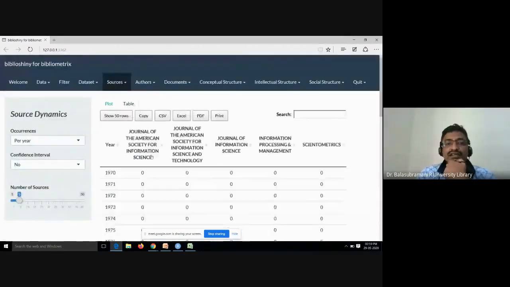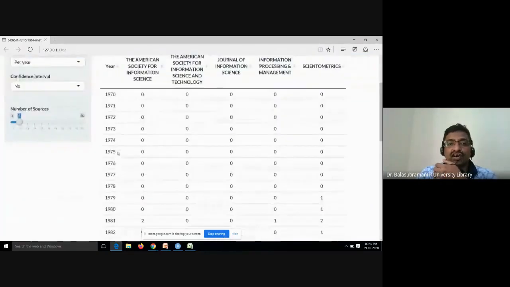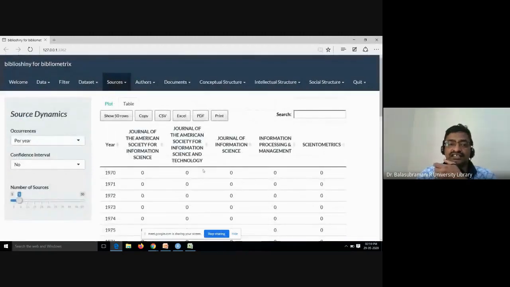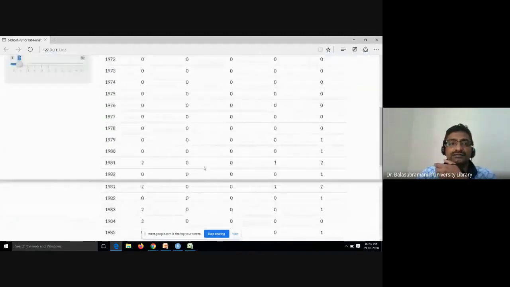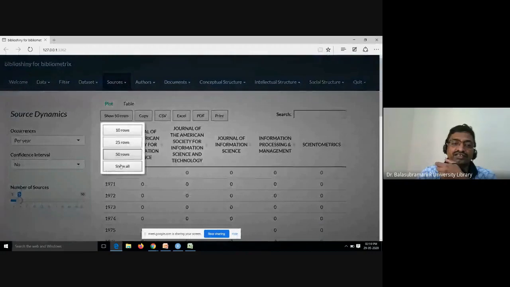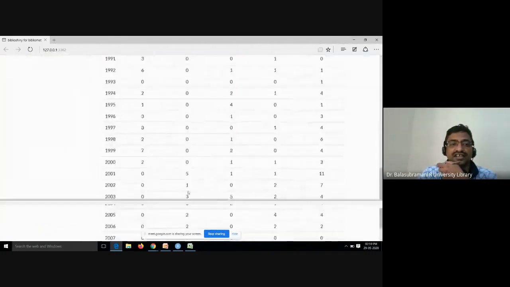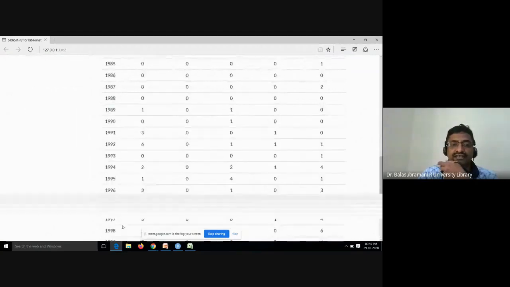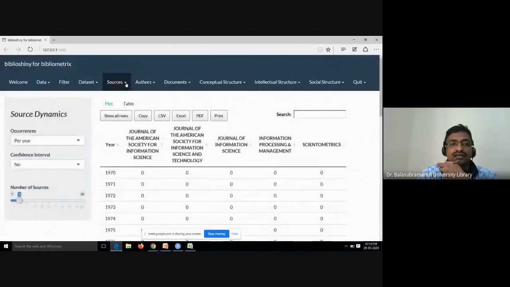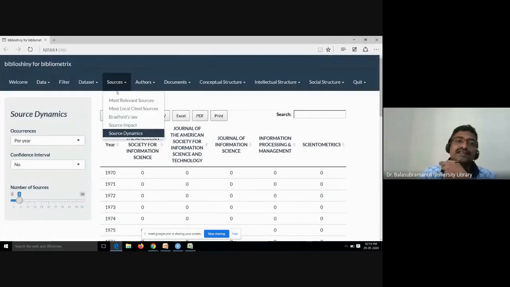Then click the table. In that result, you can see the top 5 journals, 1970, 1971, like that. If you need all the records, you can click show all. You can see all the results, 1972 up to 2008. So in that way, source wise, that means journal wise, you can access the results from Bibliometrix.